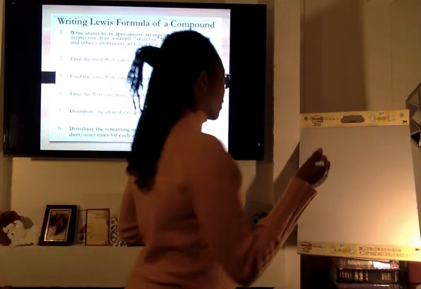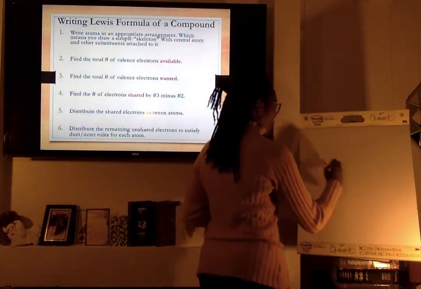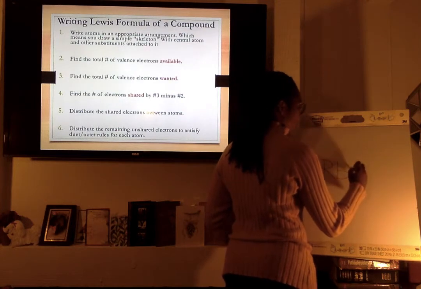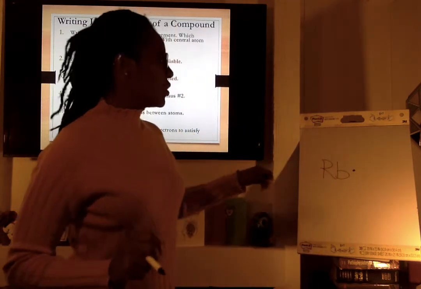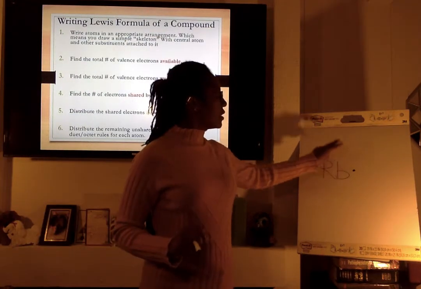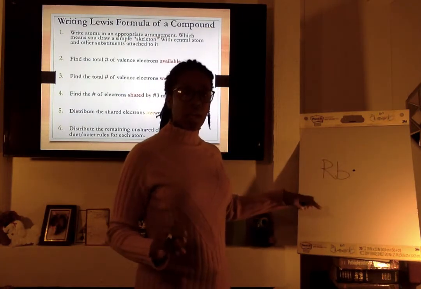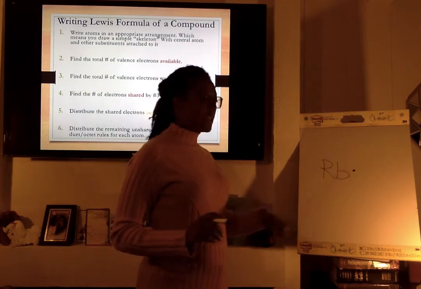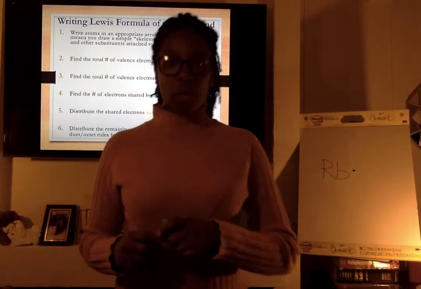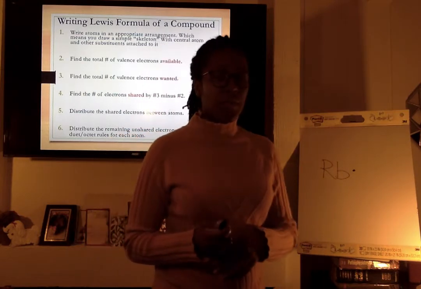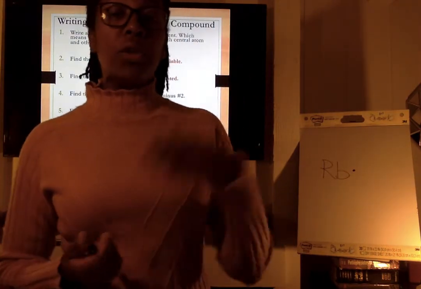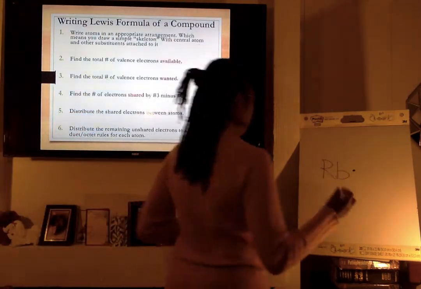When we had the rubidium, we had a dot, remember? That means they want us to represent the valence electrons, or the electrons of the compound, using dots. So if it says you want the Lewis dot structure, that will be something